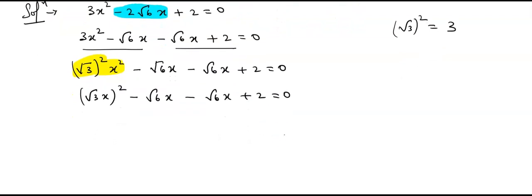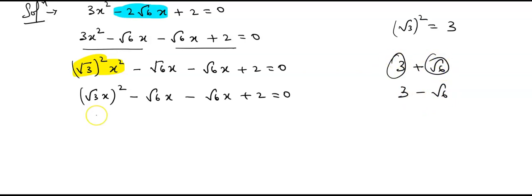Now, why have I taken this? Because 3 and root 6, you cannot add, and 3 and minus root 6 also you cannot add, because one is a number, one more is a surd. Is this clear? Number and surd. Surd means root, we call it a surd. We cannot add a number with any surd, or subtract also a number and a surd. So that's the reason I have converted this number into a surd, I have converted this 3 into root form.